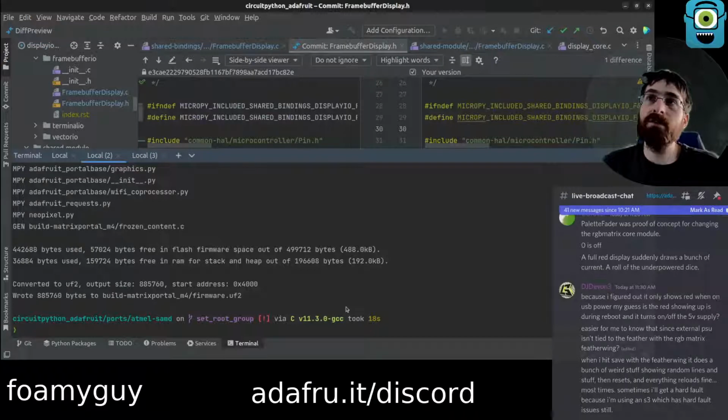Is that technically a thing that has to happen due to the way the files get transferred, or could there somehow be a way to fix it so it doesn't turn red, therefore it doesn't draw all the power, therefore it doesn't risk killing itself when you save the file as much? It's something to look into. I don't recall that happening before, but it's been a while, so I can't say for certain. I guess we could try going back to older versions of CircuitPython, see if it shows up at a certain version, maybe?